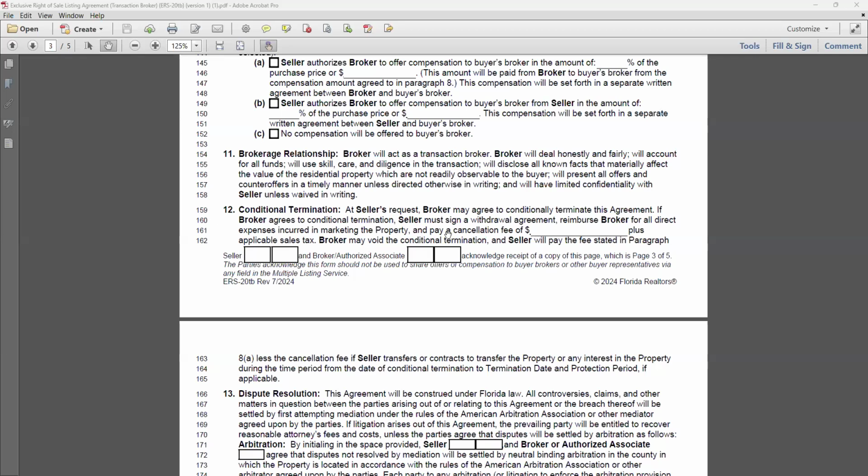Now, I don't know if I've ever seen this happen in the 13 years of Xtreme. But if it does, keep in mind that they cannot write you a check directly. That money has to go through LPT and through the normal system. You are not allowed to receive compensation in any form directly, okay? And pay a cancellation fee of